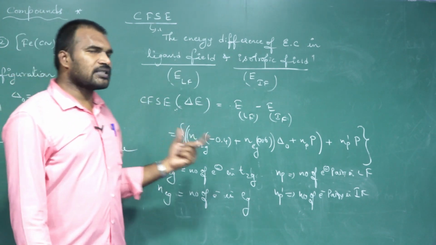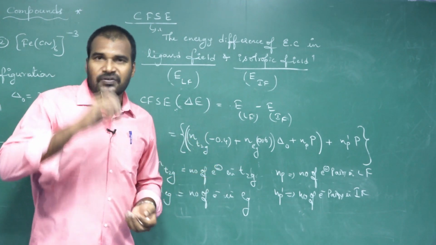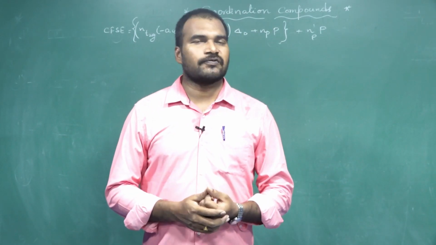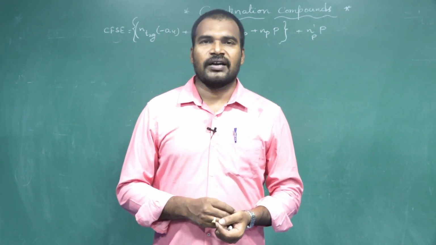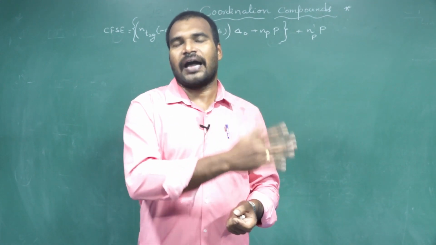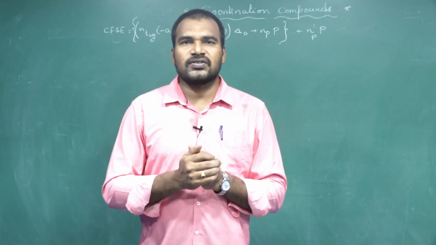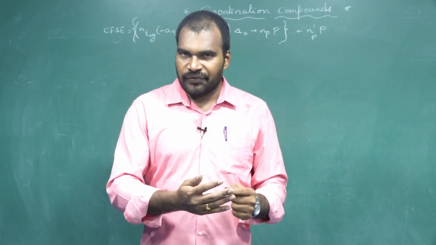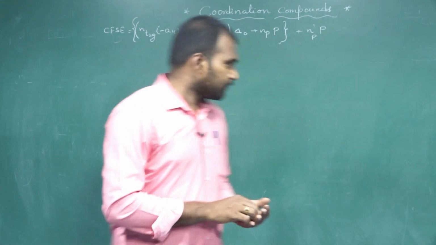Now let us use this formula, the crystal field stabilization energy calculation formula, and calculate the crystal field stabilization energies of a few complexes. We apply it to two complexes: one is the hexa-aqua iron 3 complex and the second is the hexa-cyano iron 3 complex. Here also iron is in the +3 oxidation state. Let us find out its nature, its correct electronic configuration, their magnetic nature and magnetic moment. Let us see.